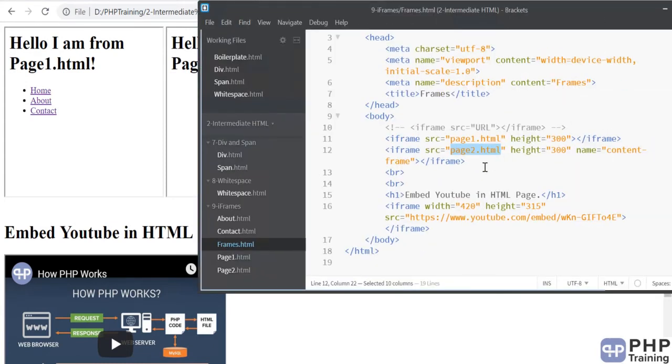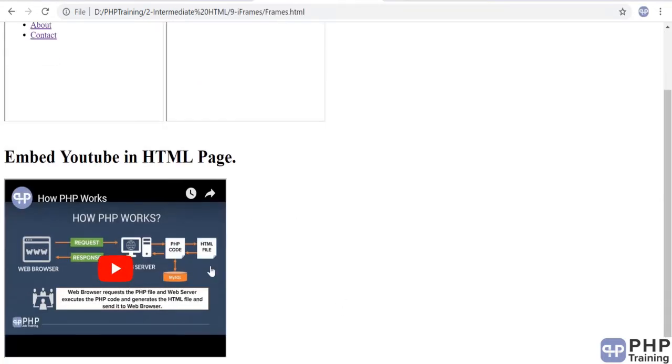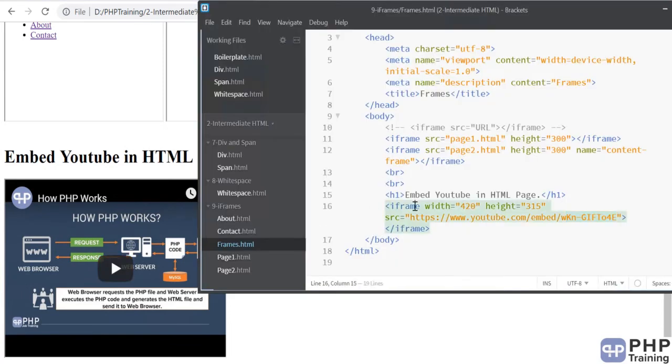All right, then you have the h1 tag, that's nothing but embedding YouTube in the HTML page. Then you can create an iframe and you can give the link of your YouTube video. When you give a link of a YouTube video, make sure the path is like this: youtube/embed and then the shortcode of your YouTube video. Once you place it like this, the YouTube video gets embedded into that iframe. In the iframe you are embedding that URL. Very simple. You can control the height and the width as well.